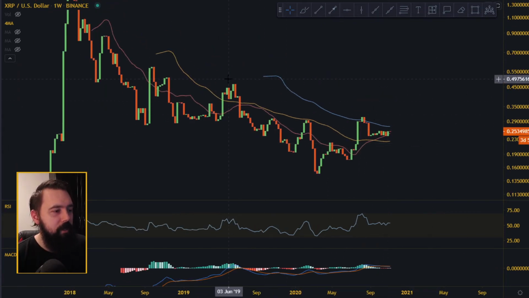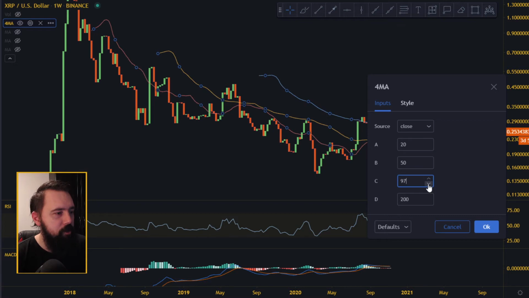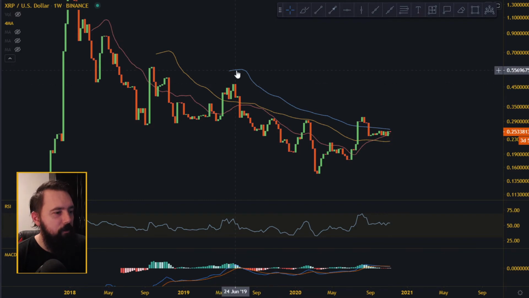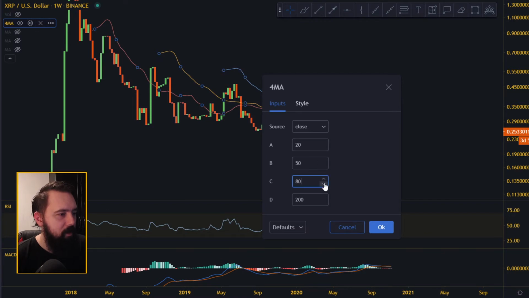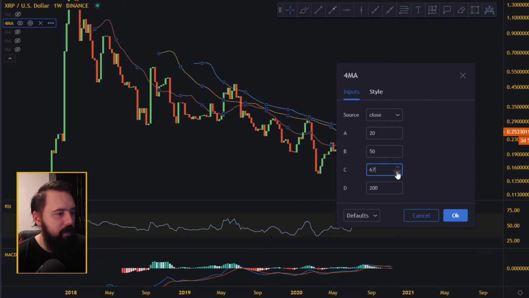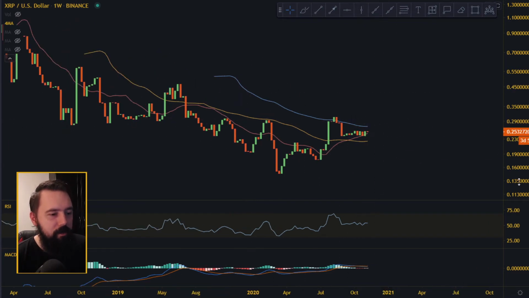I don't know if this line over here can actually show how far we can get with the 100 moving average. Okay, so this is an 84 moving average, and you can see it's not even close to touching it. At closest it's the 70 moving average, something like that. Yeah, 67. But we're going to keep it at 100 now. This didn't hit the 100 moving average. It got rejected on the 100 moving average.